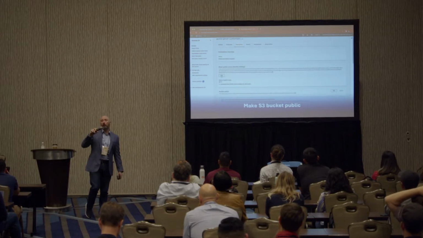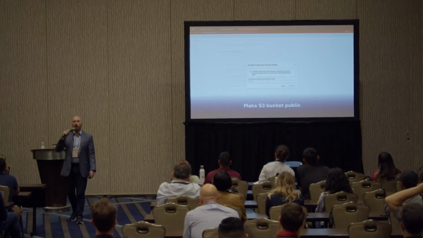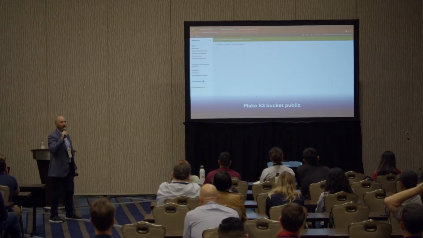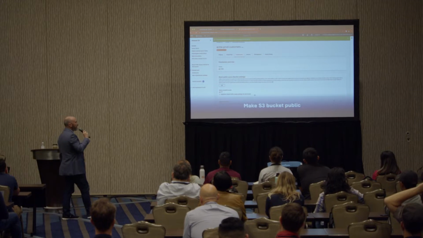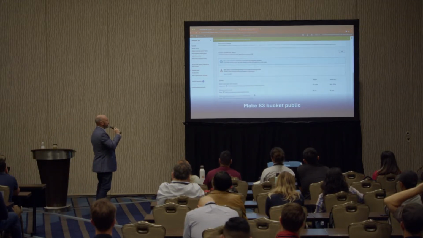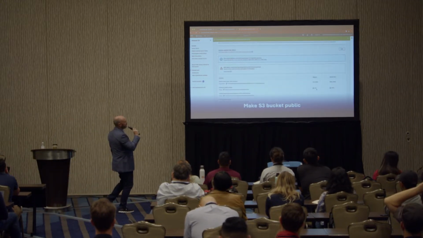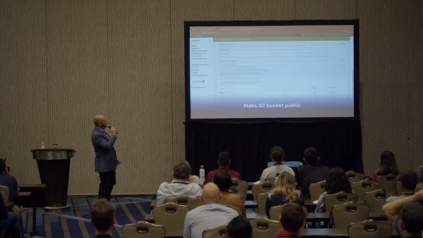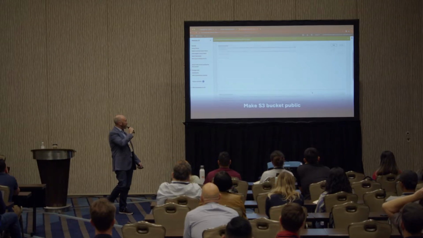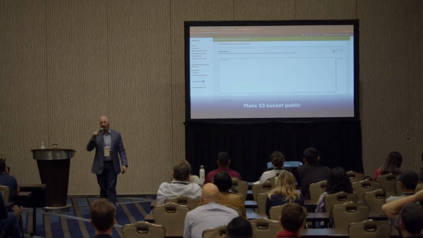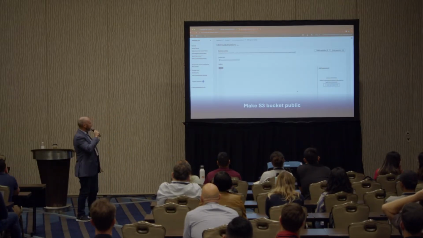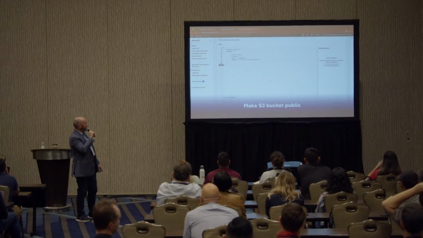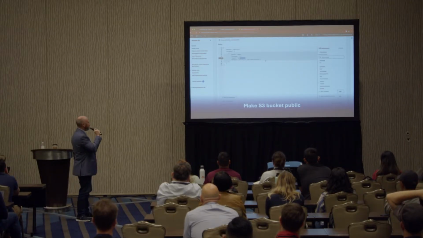Way back, S3 buckets were public by default, and you had to turn it off. Now it's the other way around. So S3 buckets are not public by default, which is a really good thing for security, but it is relatively easy to make them public. So you can see here, everybody now has list access. And I'm going to modify the bucket policy. The policy is what controls the security to the bucket. There we go. I just pasted in a statement that is going to make that bucket public.